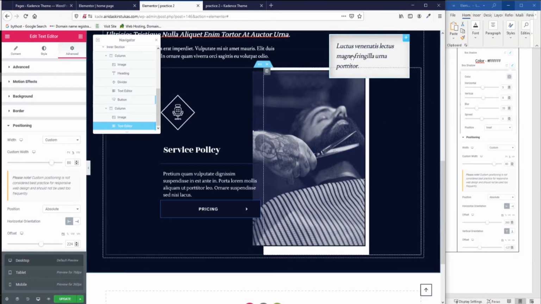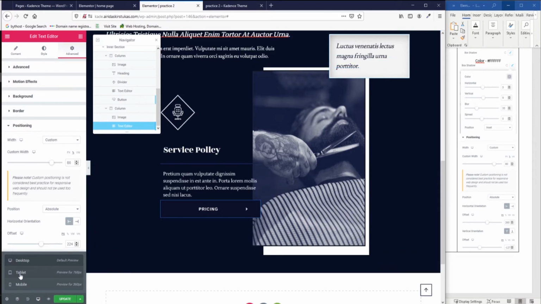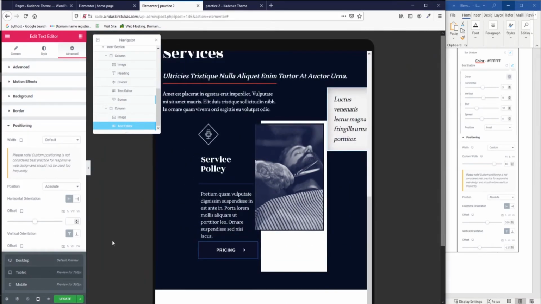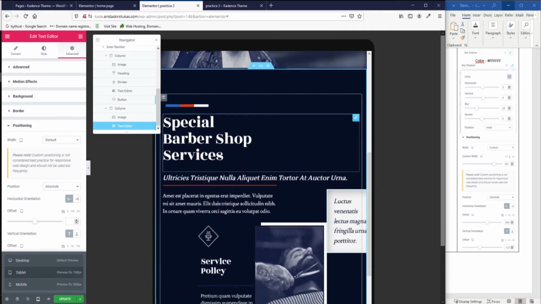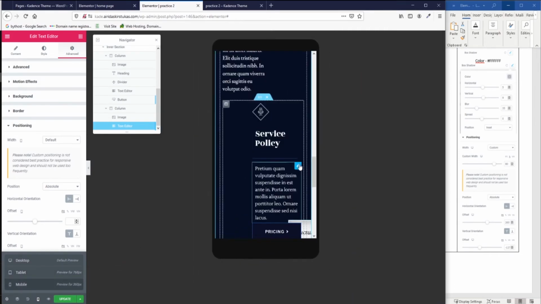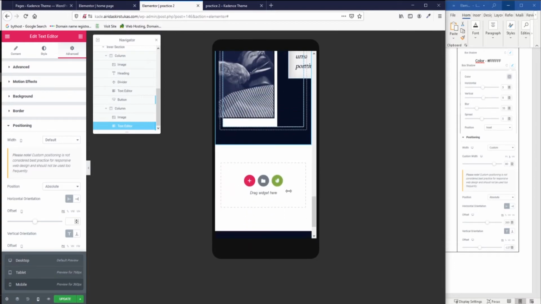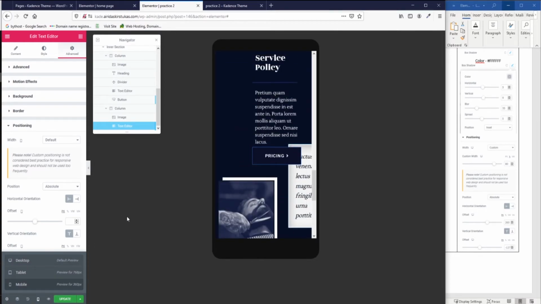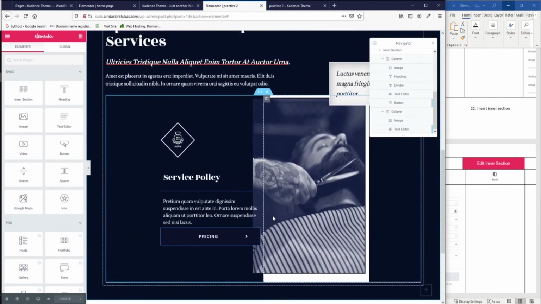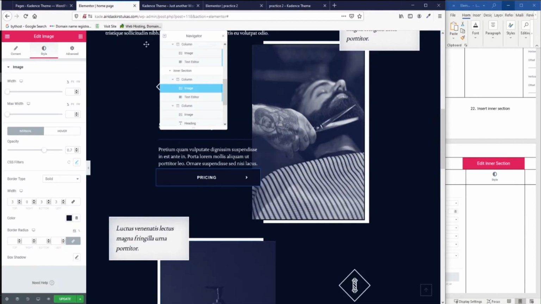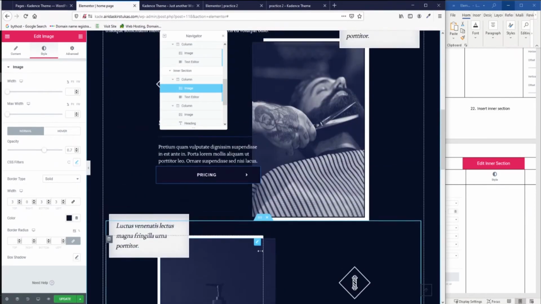So make sure that after you're happy with the desktop, you go to the tablet mode and adjust everything, how it looks for the tablet and for the mobile, because otherwise it doesn't make any sense. Just keep in mind that I'm not going forward with that in this video. So now when we finish the first element, if we look here, we have a kind of mirror view of